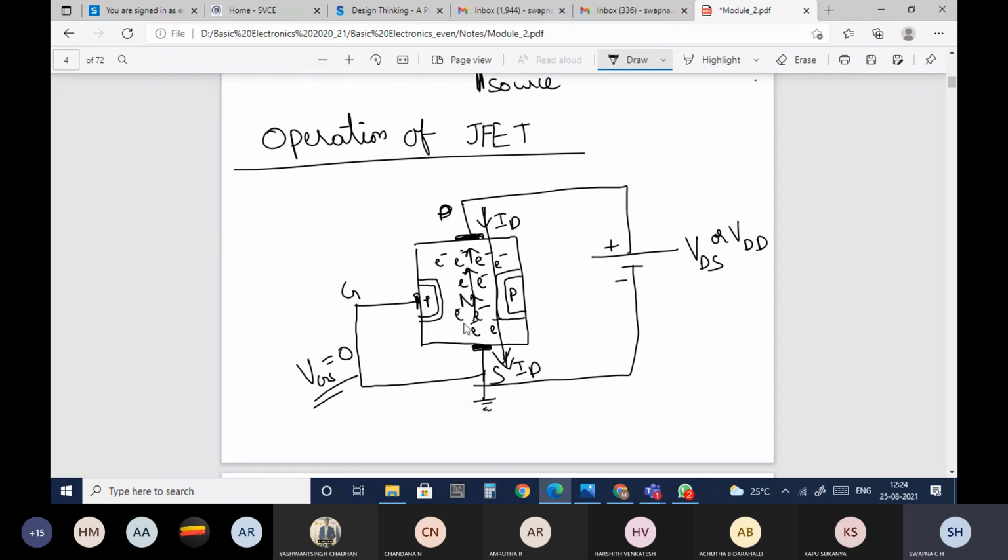Okay, so this is said to be the N channel. Through this only it is moving. So this is said to be the N channel JFET. Here what is happening: as you increase VDS from 0, I'm just increasing 0, 0.1, 0.3, 1, 2, 3, like that. As I'm increasing, more and more electrons will start flowing. Because of that, the current ID will increase.